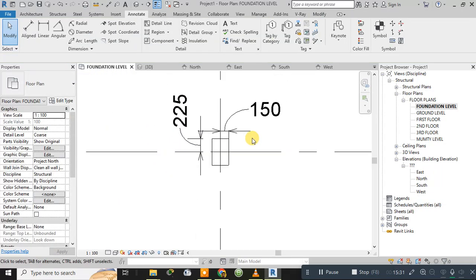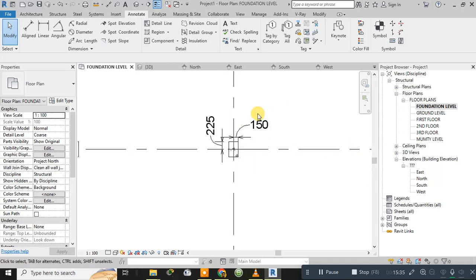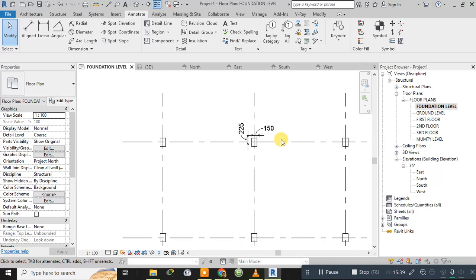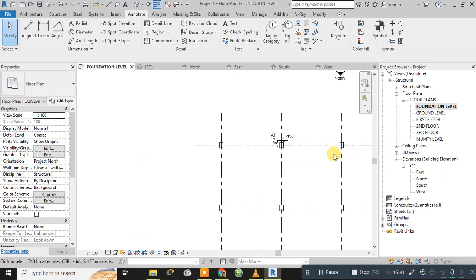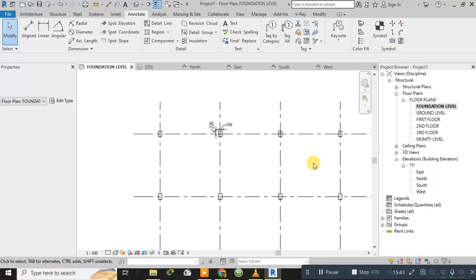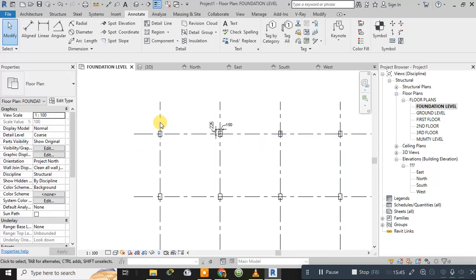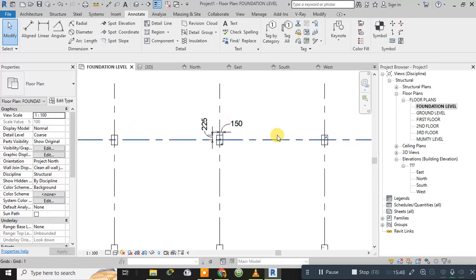Along with that, you can also move a little bit in this manner. So hope it's clear to all of you how to show the dimensions in the column, and all are in mm. After that, in a similar manner, you have to give the dimensions to all the columns. Okay, after that,